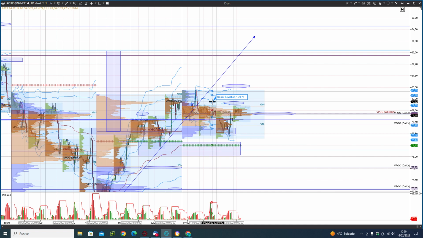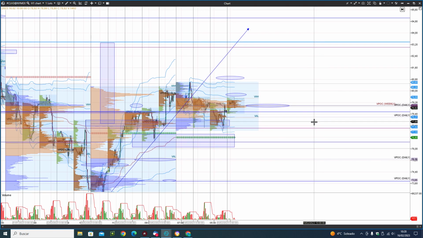Well, what are the targets for today? Here there is a high volume node. It would be our first upper target, 79.71. Next step will be this final of VWAP, very close to this maximum of the week, at 80.93. Talking about the lower targets, first one, this price action zone on 78.59, and the second target, the prices we have told before, from 78